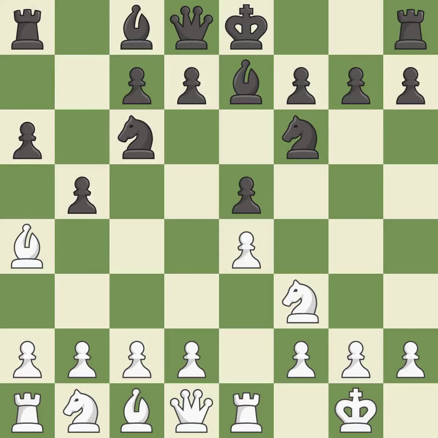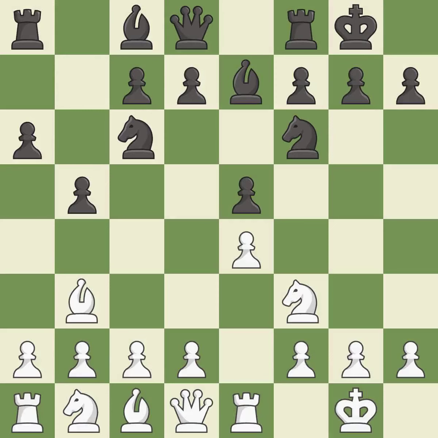b5 gains space on the queen side and forces the bishop to the b3 square. Bb3 is forced, but the bishop is well placed because it attacks the f7 square. Castling gets the king out of the center and activates the rook. c3 prepares the d4 pawn push, opens up the c2 square for the bishop and allows the queen to develop